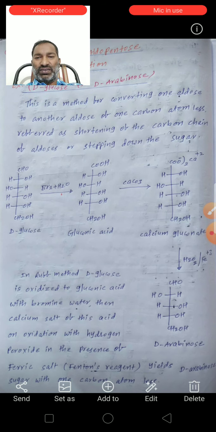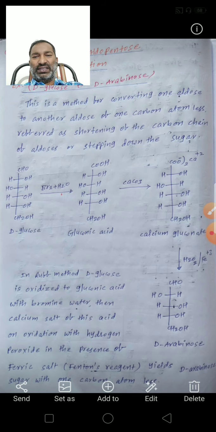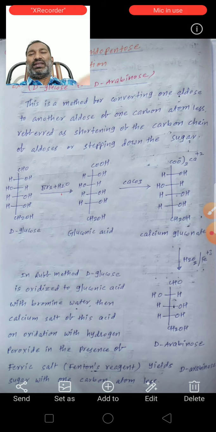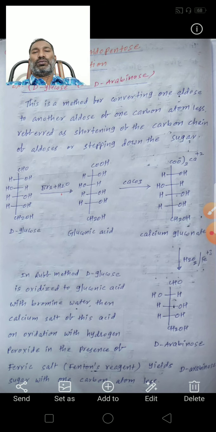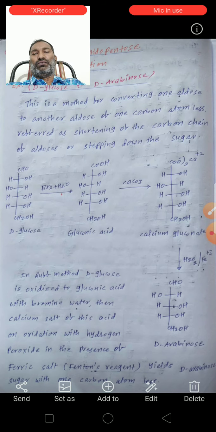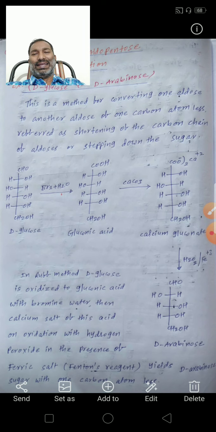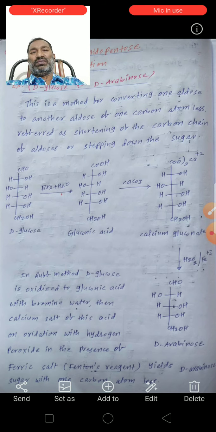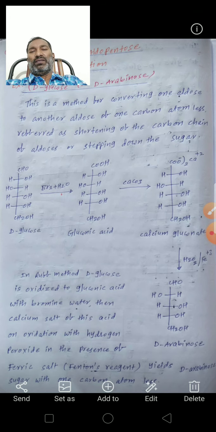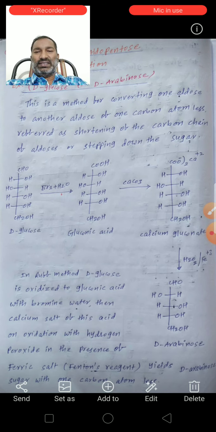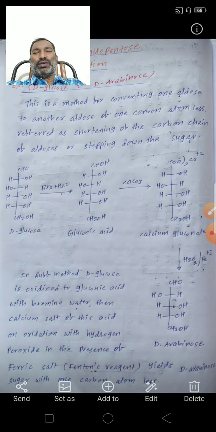See here the conversion. First take D-glucose. We know the structure of D-glucose contains the aldehyde functional group. At the second carbon, OH is right, H is left. Third carbon, H is right, OH is left. Fourth carbon, OH is right, H is left. Fifth carbon, OH is right, H is left. This D-glucose reacts with